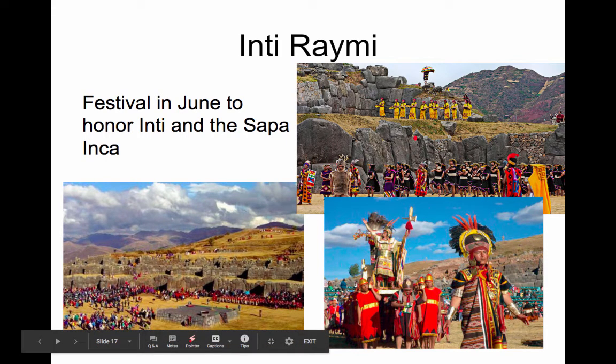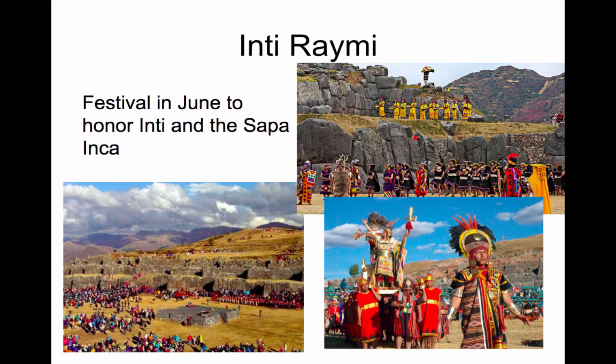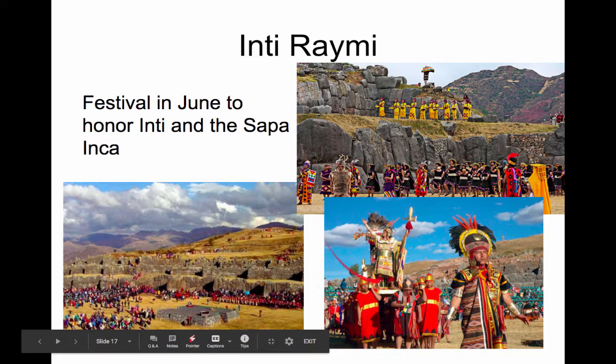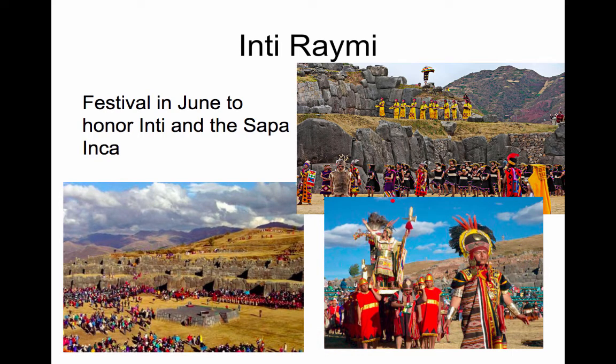All these rocks are imported from pretty far away, all without the help of animals. One thing I want us to remember when we look at the architecture of the Inca and anyone in the Americas is that they did everything through human labor because they didn't have any animals that really could help them do manual labor. So just keep that in mind. A big part of the Inti Raymi is the worship of the emperor of the Inca Empire, since he is descended from Inti. So it's a very elaborate holiday, which they keep up for ceremonial and historic purposes. But they don't do some of the sections of it, which included the sacrifice.